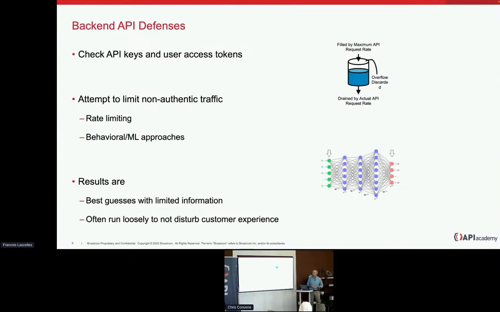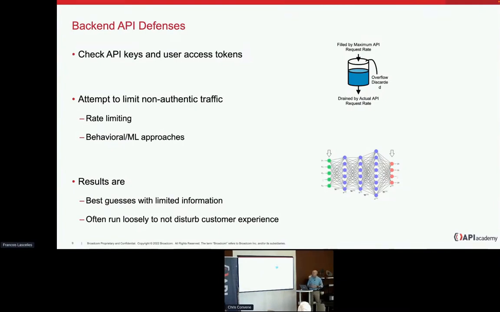So some typical things you might try, Francois mentioned rate limiting. In that case, you're trying to look for too much traffic coming towards your backend. At that point, you'll start to shut it down. There's a typical leaky bucket model that's used. When that bucket fills up and it's not leaking fast enough, then that short circuits some evaluations. Unfortunately, you start killing traffic, you don't know whether that's legitimate traffic that you don't want to kill or illegitimate